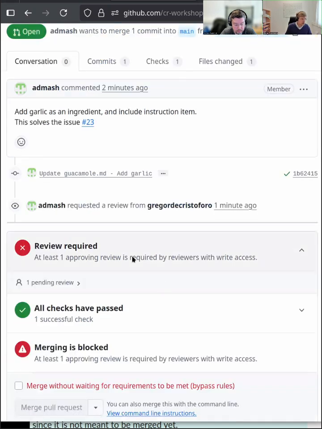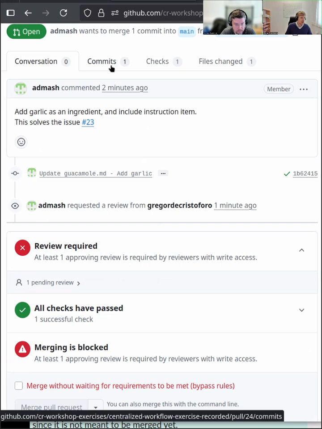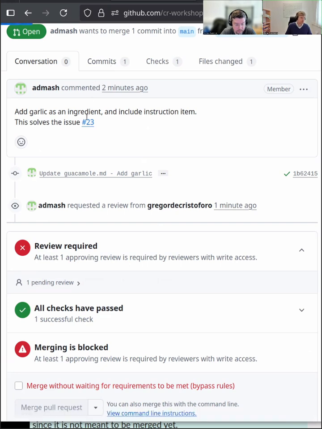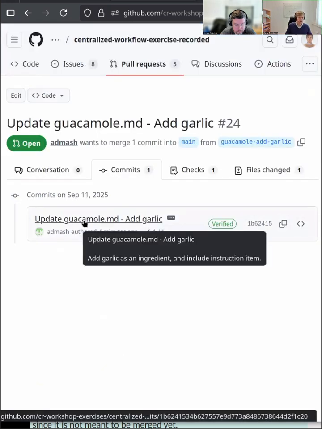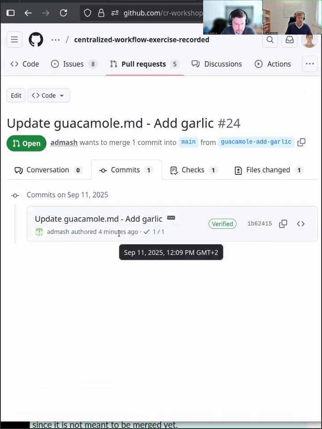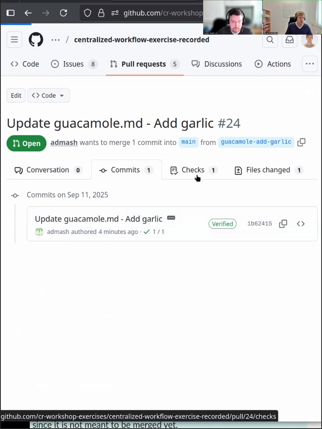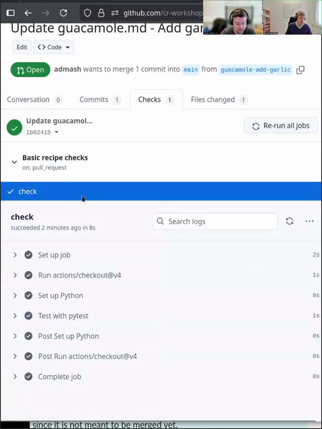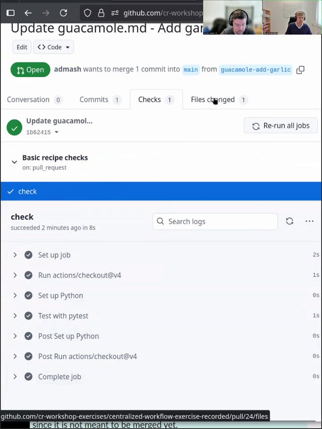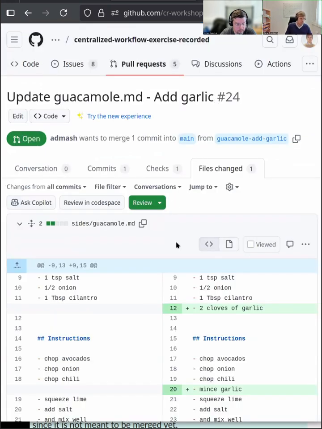Now, if you scroll down, what do we see here? We see the initial message that Andrew has written. I can click here to see the commits. So in this case, it's one simple commit. So this would then show me the commit message, which you remember from the previous days. Now, since we have a check, it also shows me whether the checks have passed. In this case, they have. So like everything seems to be fine. And now the most important tab is this one called Files Changed, because that actually shows me the changes in the code. So I will click on that now.